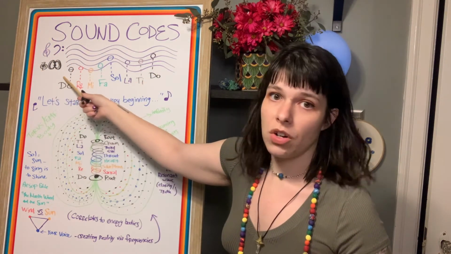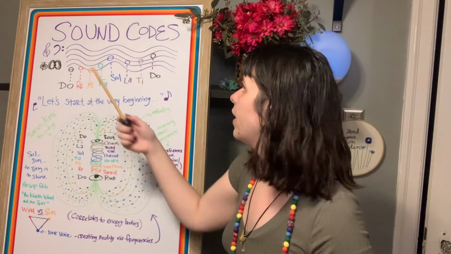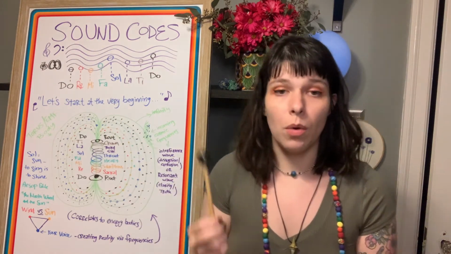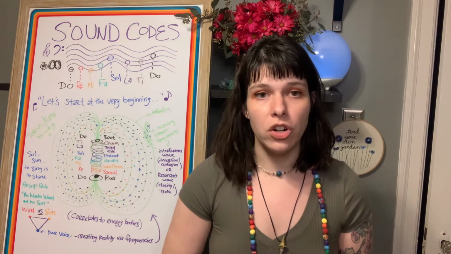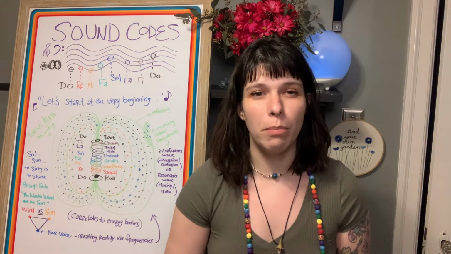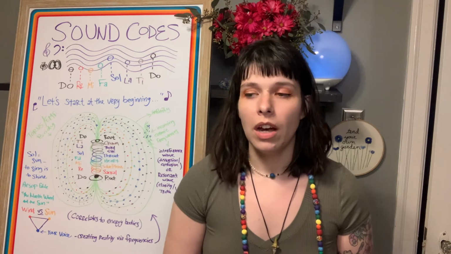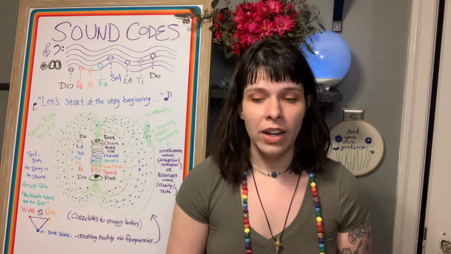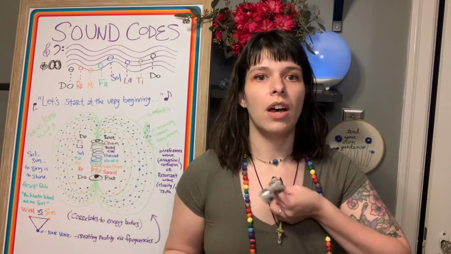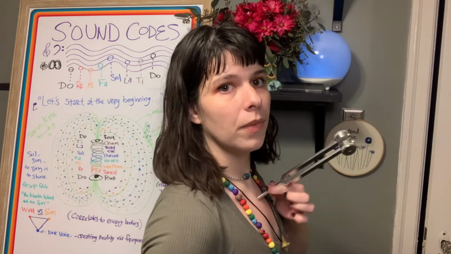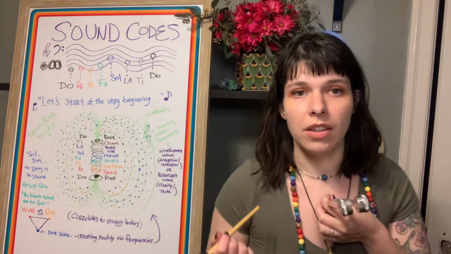And that is to start do at C, which starts here. So what I'm going to do is hit it, and put it down by my root chakra, my pelvis, the pelvic bone. Go ahead and put it there, and that's going to be your do. And then we'll move up to the sacral chakra. You're just going to hit all the chakras with the bottom of the handle of the tuning fork.